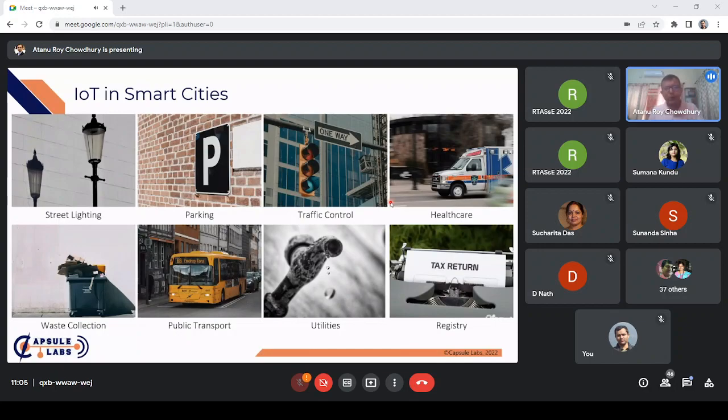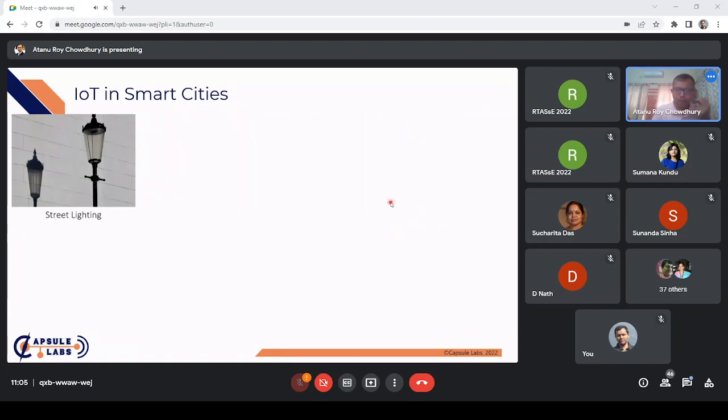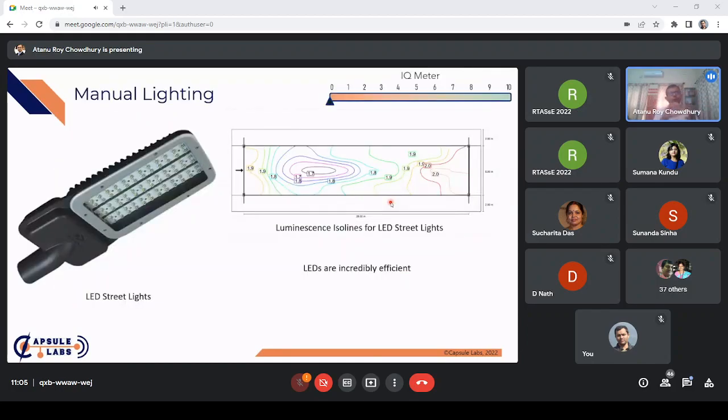I'll go one more level in and look at street lights. Specifically, what can I do to make street lights smart? Let me start by saying, everybody has seen a street light, and I don't think I need to introduce what a street light does. But from the halogen lamps, we have moved into a lot of LED lights, and LEDs are extremely effective. They produce more luminous output, and you can see from the luminescence isolines that they have greater coverage in between two poles, but fundamentally,